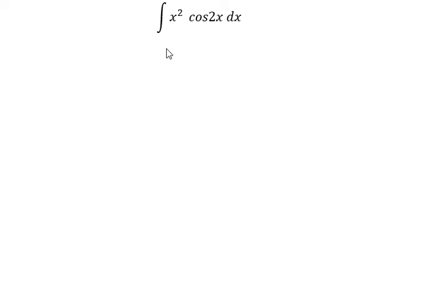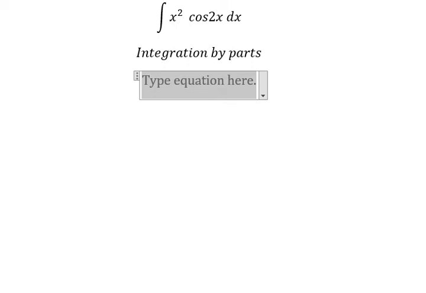The topic today is about integration. So now I will show you how to answer. We need to use integration by parts. So I will put u